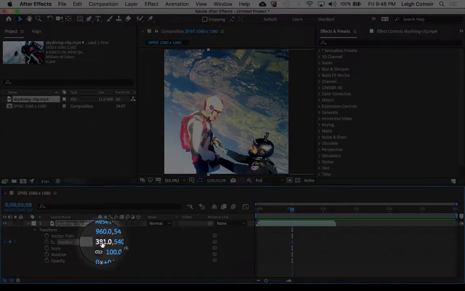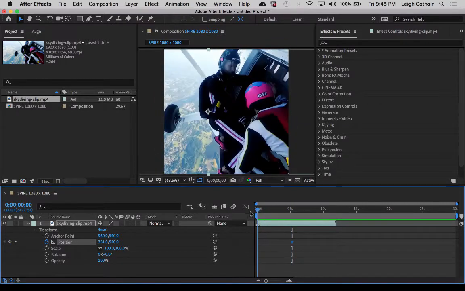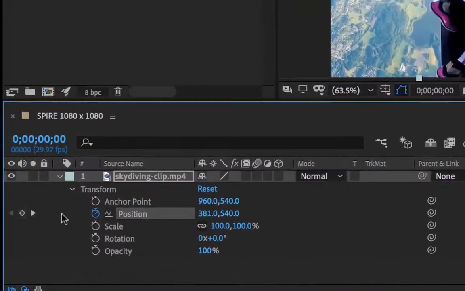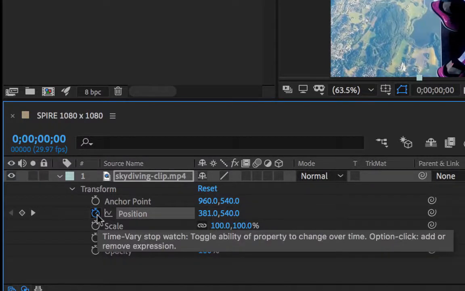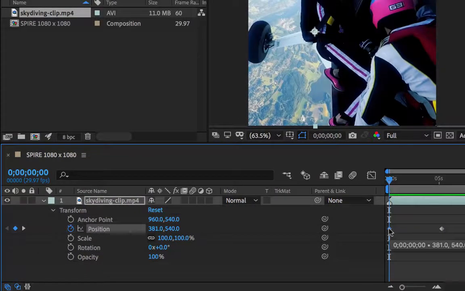And right now it's still where I had it before. I had it at 381 on the left value. And then if I grab the timeline playback head and go all the way back to the beginning, I'm going to add another keyframe so that it sets it there from the beginning. The way that I do that, I don't click the stopwatch because that'll undo what I did before. That'll reset everything. What I want to do is click on this little diamond shape over here on the left side in this column